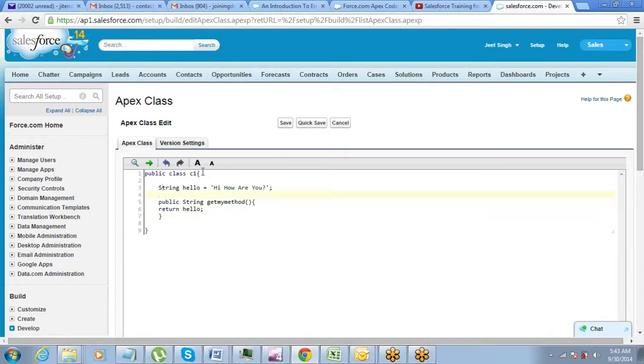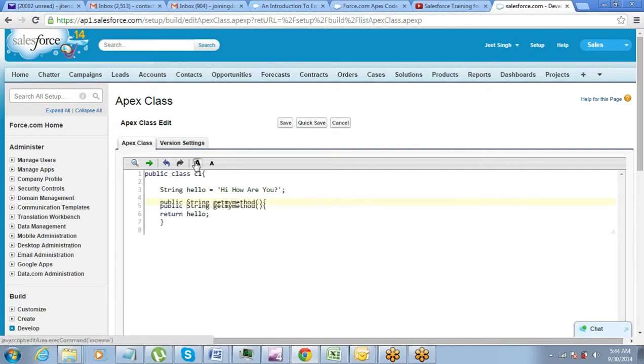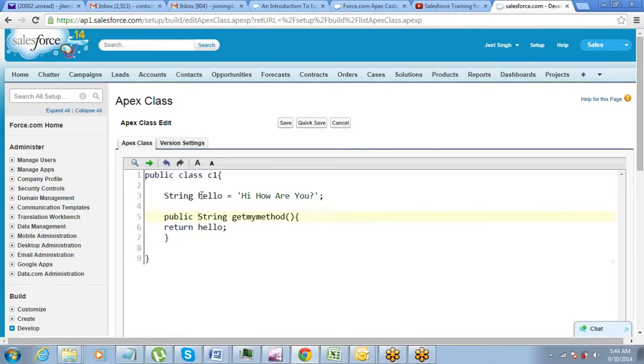So this is a variable hello, and this is the method which returns hello. So it's a method with return type string, and it returns hello. And this is the method type get, and this is my method name.